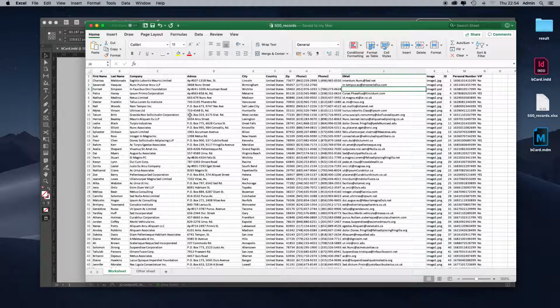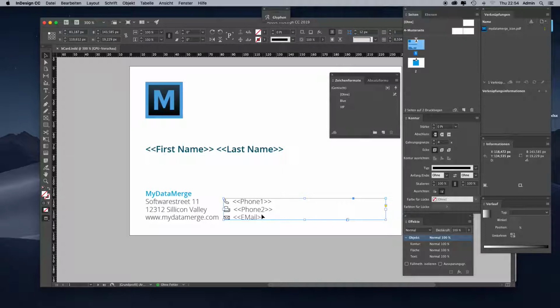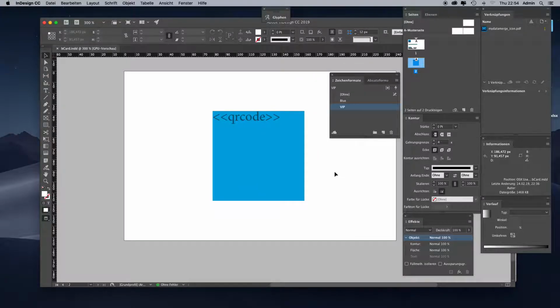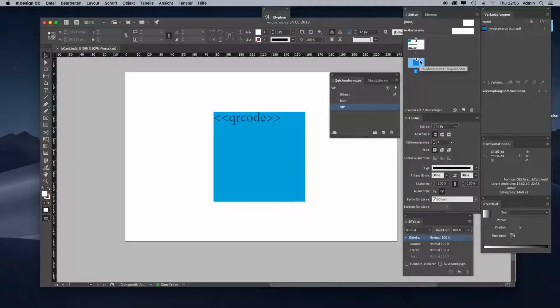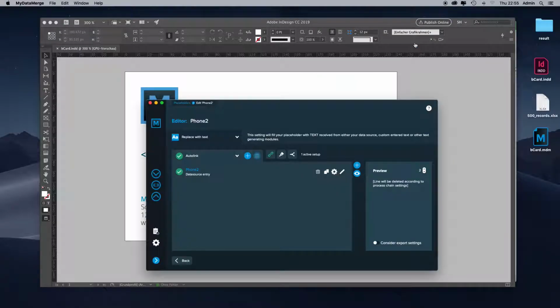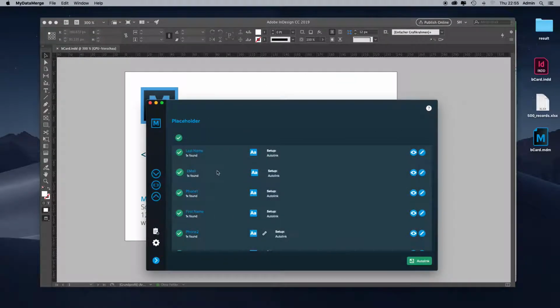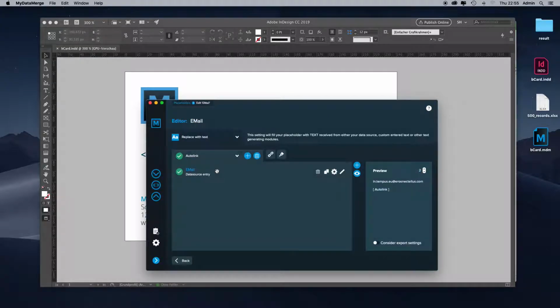I have removed the email, and that means MyDataMerge will throw an error for this line, and in addition we have the email inside of the QR code. So what are we going to do? We have to take care of the email placeholder, and we have to take care of the QR code placeholder. So let's do that. Start with the email placeholder over here, and we want to have the email replaced by a standard email. So let's say if there's no email in data row number 3, we want to have a standard email output. Okay, therefore I'll activate the